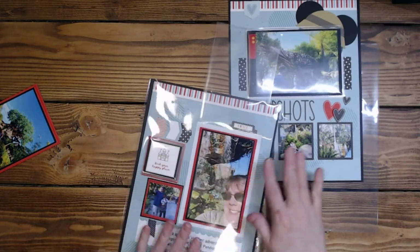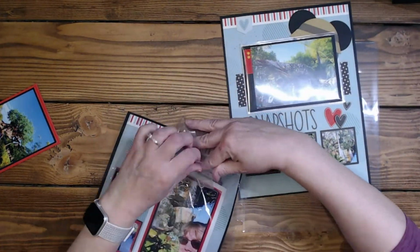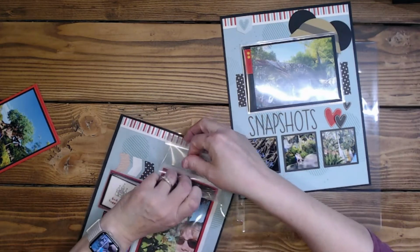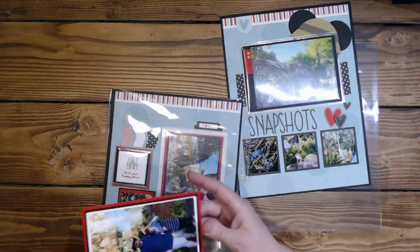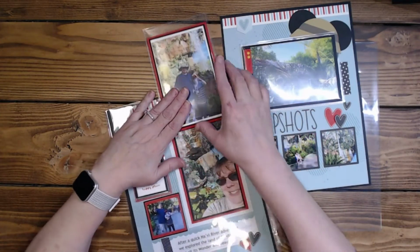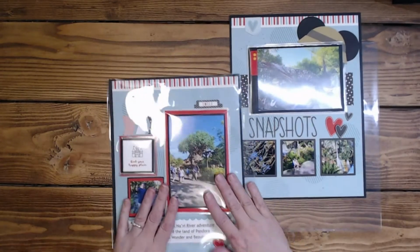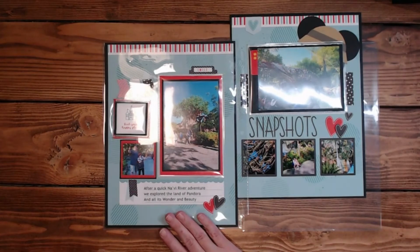And funny enough, let me get this one in here and I will show you. I did not know how to use flip flaps when I bought this album. So this is the one I have on in the front. That is how I am using my flip flaps. I absolutely love it. I will never change from doing it this way. But let me grab,